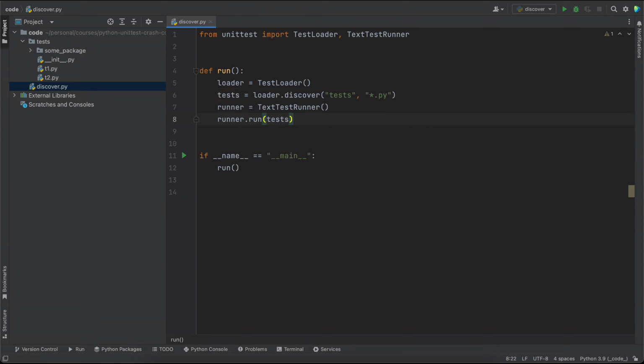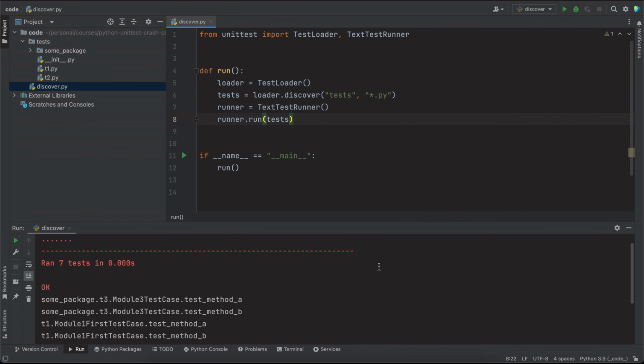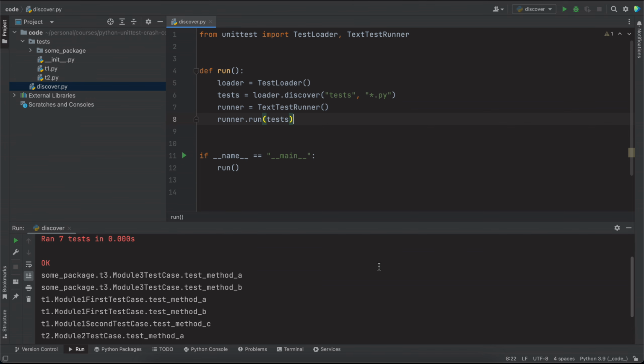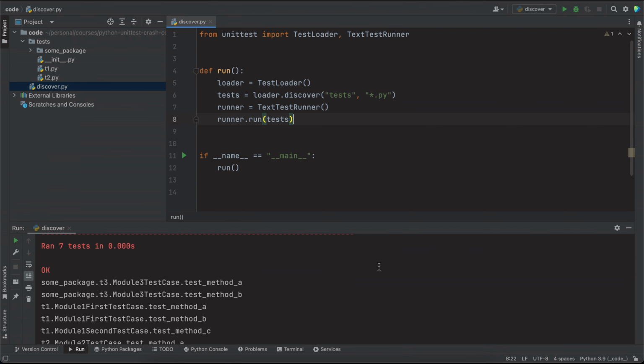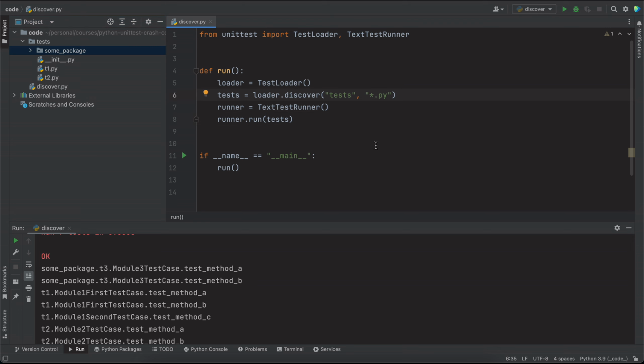Now let's check it. Alright, now it has loaded all tests from the test directory. It also includes the tests from the sum package subdirectory. And also start dir can be a dotted module name as well as a directory. For example,